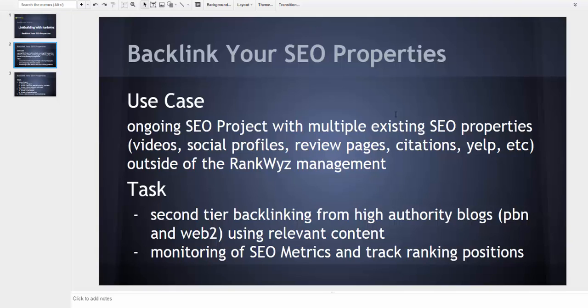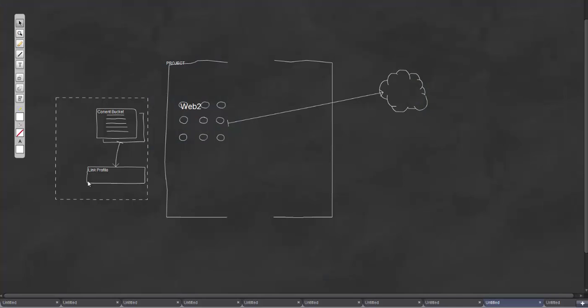So the typical task related to this use case is to organize effective second-tier backlinking, ongoing, from high authority blogs, PBN and Web2 blogs using relevant content. The second, related task is to continuously monitor SEO metrics and rank tracking positions for SEO properties in addition to the main site. This is a simple diagram for those who prefer visual